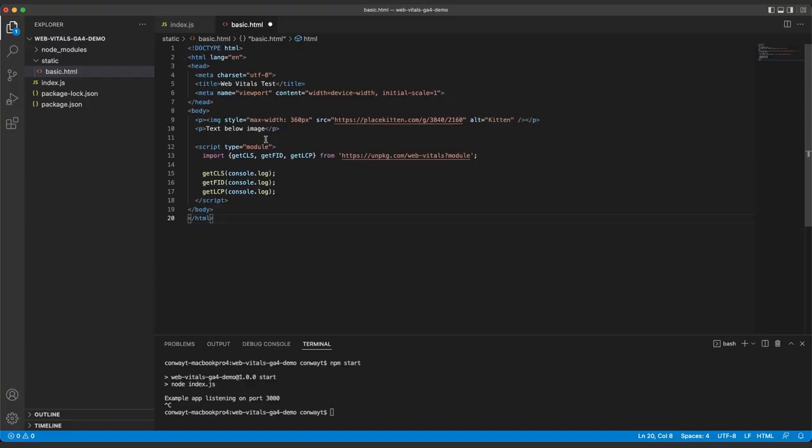Now that the web-vitals functions are available, we can call them, passing console.log in as an argument. When the web-vitals functions are ready to fire, their outputs will be directly printed to the console, and we can take a look to see what they contain. So we'll save that page again and start our web server